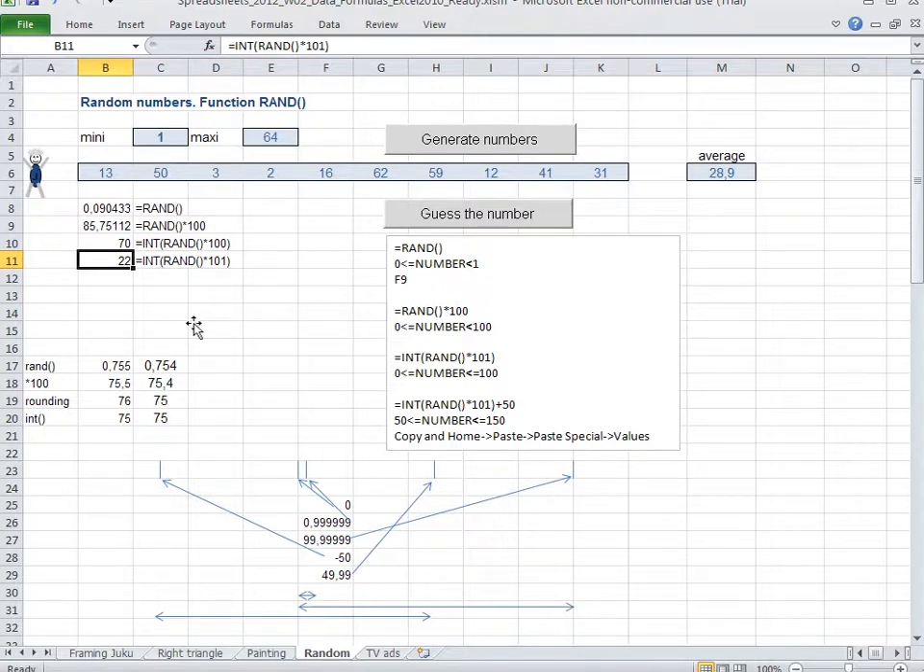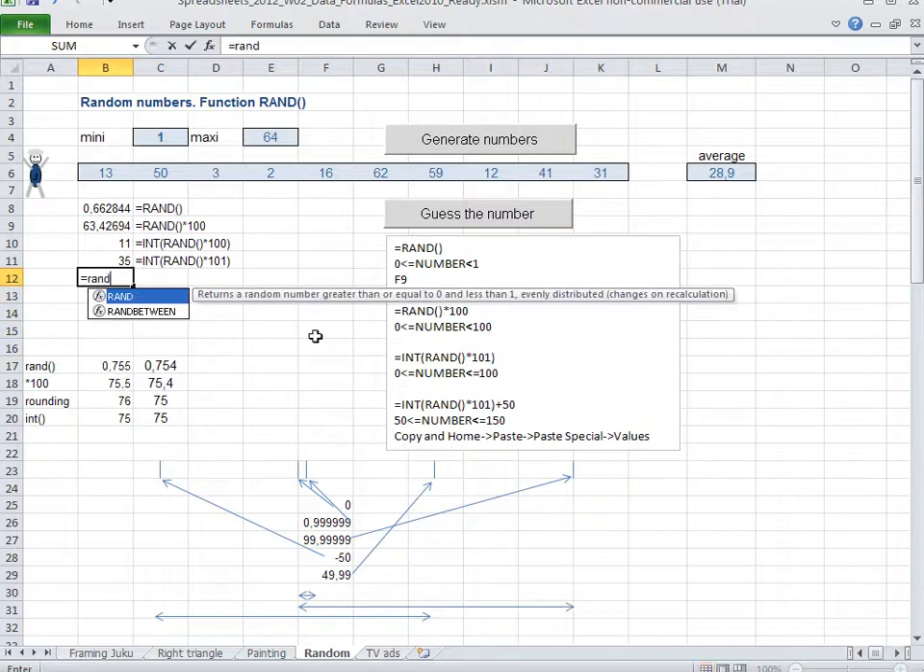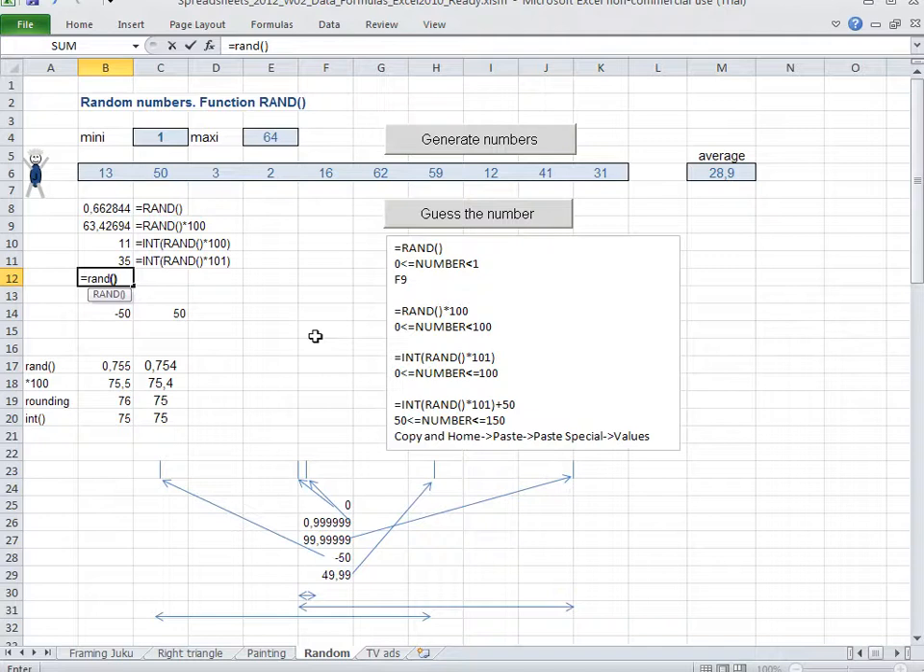And now comes the last point. So once again we have considered this 0.99, and now this near 100 situation. But now comes the last thing. Let's say that we want the number instead to be from minus 50 to plus 50. What do we have to do then? It turns out that we have to do it like this. Equals rand, which gives us 0 to 0.99, times 100, which gives us 0 to 99.99,